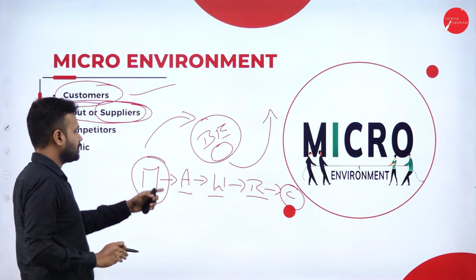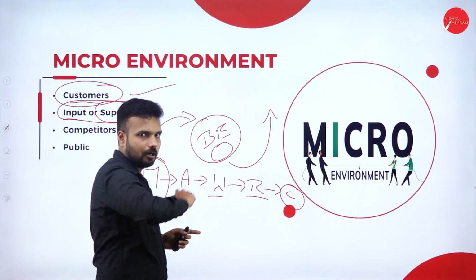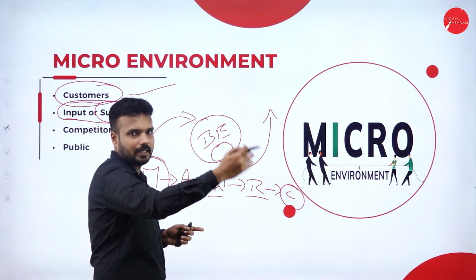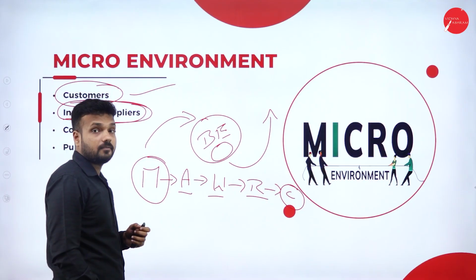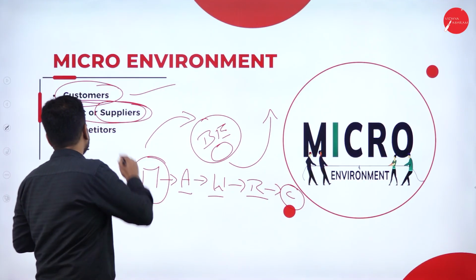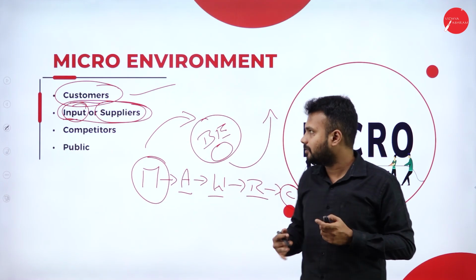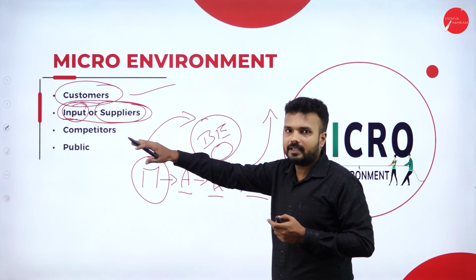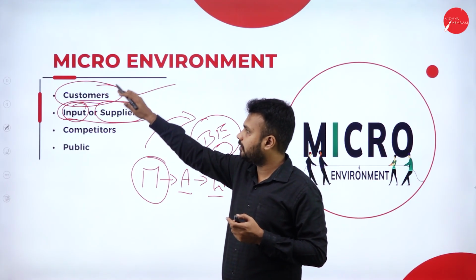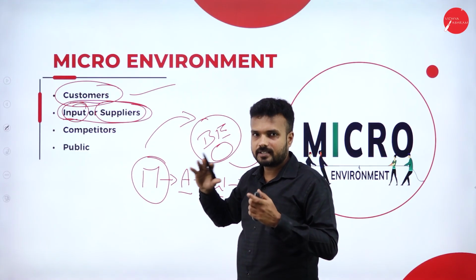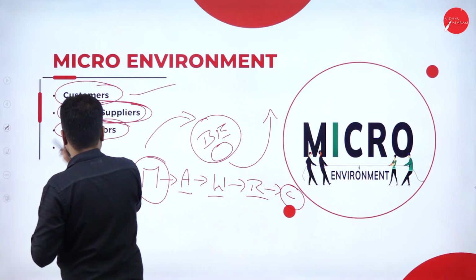Okay, these people are the suppliers to society. Here, suppliers are the people who are going to transfer the products, commodities, and services to the customers. We call them suppliers. These suppliers also influence the business environment, and so do the inputs, the raw materials. So these people are also impacting the business environment. Hence, we can say that this micro environment consists of various factors which directly or indirectly influence the business environment.